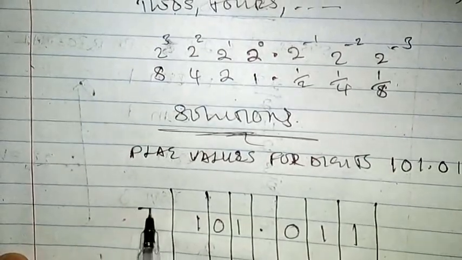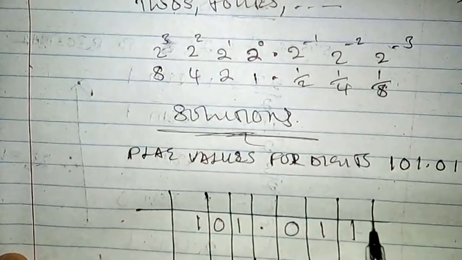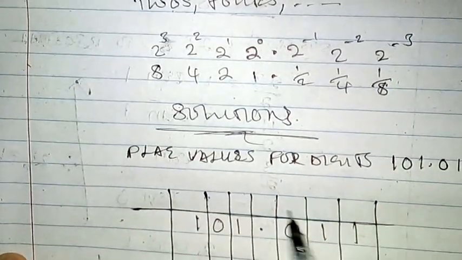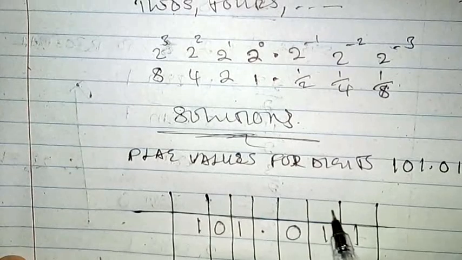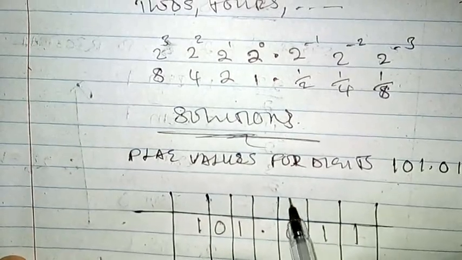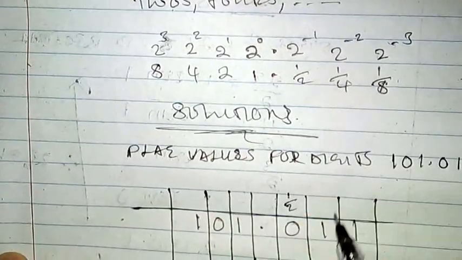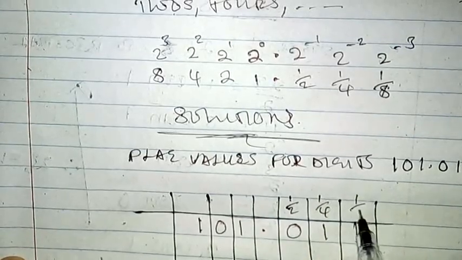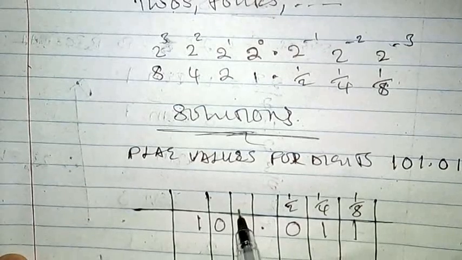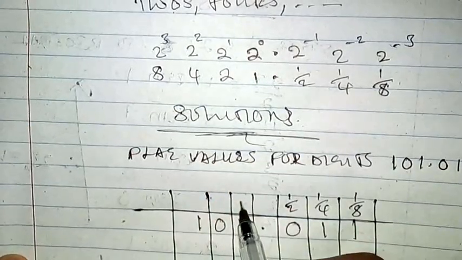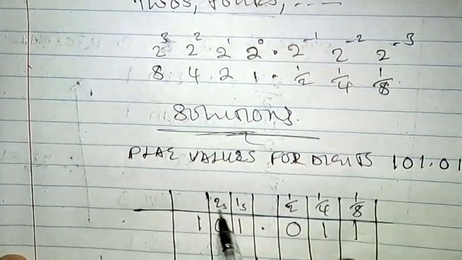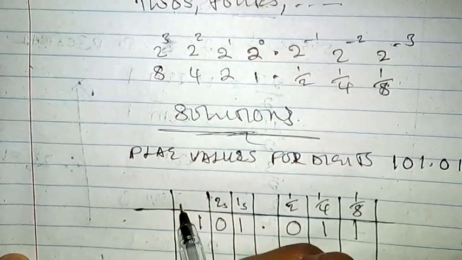Okay, and I'm just going to write one other horizontal line like so. Now I want to write the place values on top here. This will be 1 over 2 here, then this will be 1 over 4, and this will be 1 over 8. Then this will be a 1, this is the 1s, then this is the 2s, and then these are the